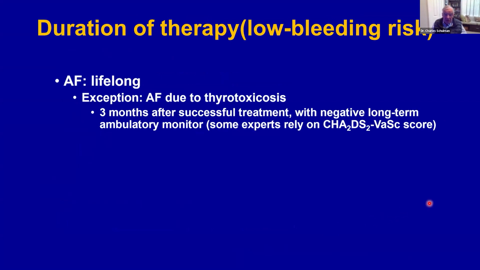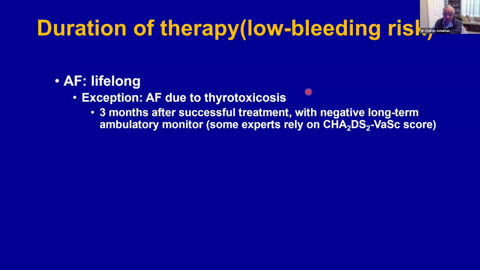What about the duration of therapy? And we're talking about low bleeding risk patients. Atrial fibrillation is really lifelong. Even if a patient seems like they're in sinus rhythm, it's still lifelong. An exception might be AFib due to thyrotoxicosis,